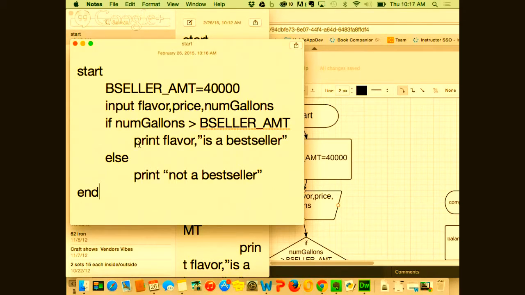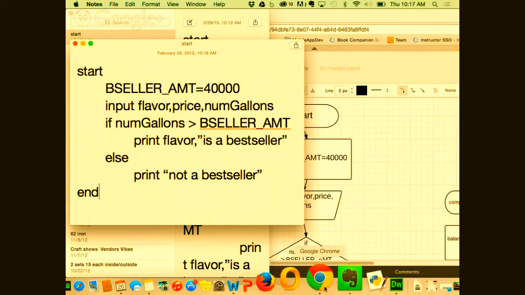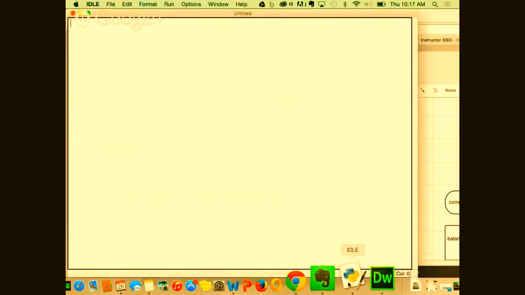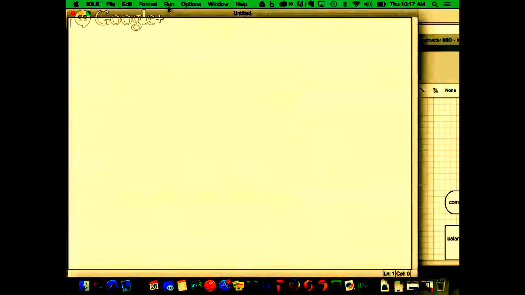Now we want to put that in pseudocode. I'm sorry, in Python, right? I haven't ever put this one in Python. This was in JavaScript last time. All right, so I'm going to go to IDLE. I did find out something about IDLE. If you go in here and do Python shell, it will execute one line of code at a time as you go through there. It'll tell you if that one line has an error or not.